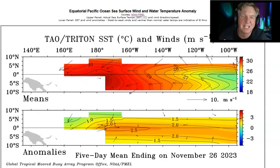When that happens, that allows warm water that's normally pushed over there because of continual east trade winds to slosh east, not on the ocean surface, but down as a ball of warm water that goes under the equator the whole way across the Pacific, 4,000 miles off to the east. That's known as a Kelvin wave. If you have successive active phases of the MJO, they create successive Kelvin waves, and that can help usher in